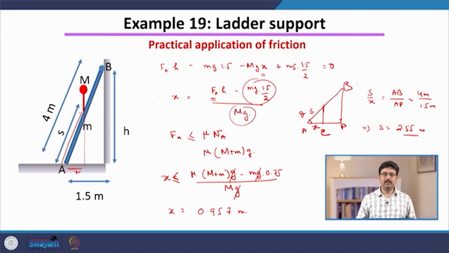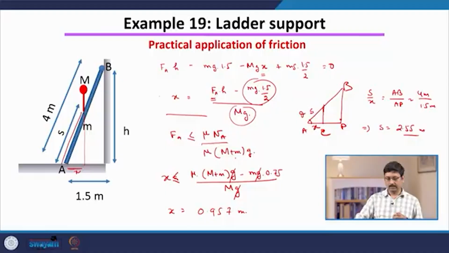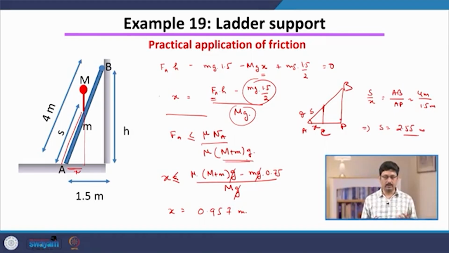If the painter's position is lower than 2.55 meter along the ladder, then from this analysis the frictional force is also less than mu times N_A. No matter where the painter is climbing, N_A always remains the same, and mu is also constant. So, mu times N_A is a constant value,